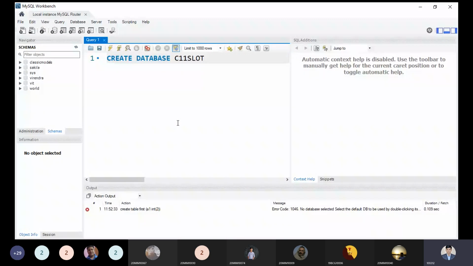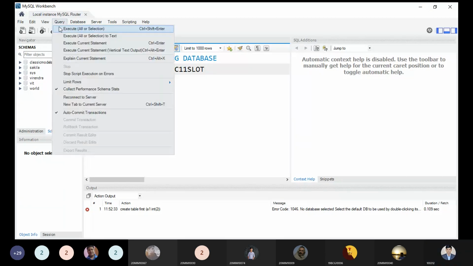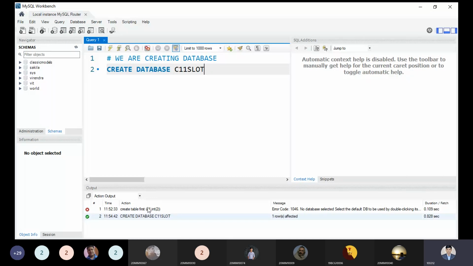So what I'm doing actually, with the help of this portion, we are creating the database. And you can use a semicolon at the end. If you have multiple statements, then you have to use it. Now I'm executing this part. You will be able to see the green symbol coming at the bottom side, and it's showing it's right. It means now I have created a database. Is it visible to all right now?